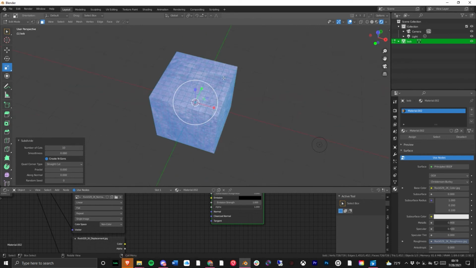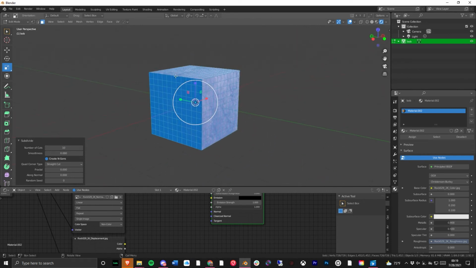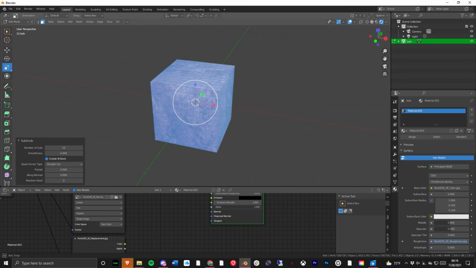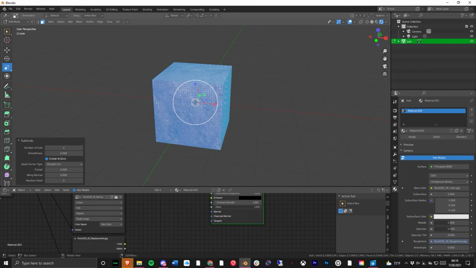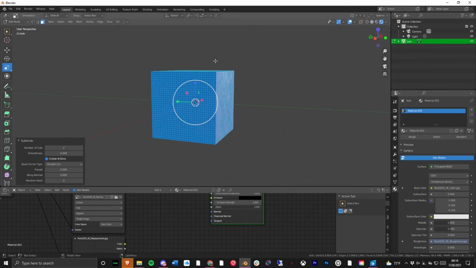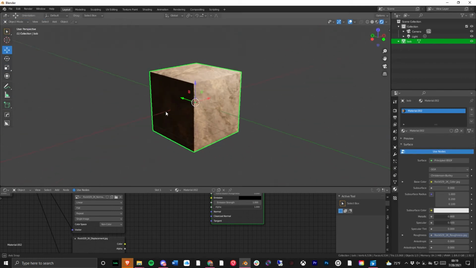With this object, I can add up to 10 subdivisions, and these are just more vertices and points for it to affect. If I wanted to, I could select everything and do it again and get an even smaller set of vertices or set of subdivisions. And I can take it back into our object mode,